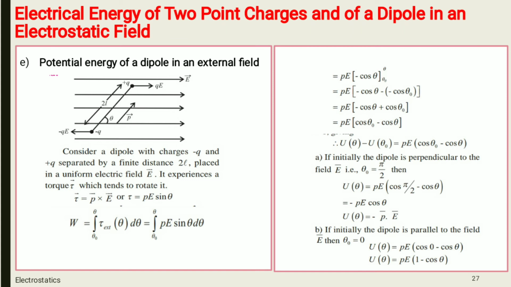Now we are going to continue with the E point, which is potential energy of a dipole in an external field. What is meant by dipole? We have discussed before also. Now what we did, we are considering a dipole, that is charge minus Q and plus Q. Consider a dipole with charges minus Q and plus Q separated by finite distance 2L placed in a uniform electric